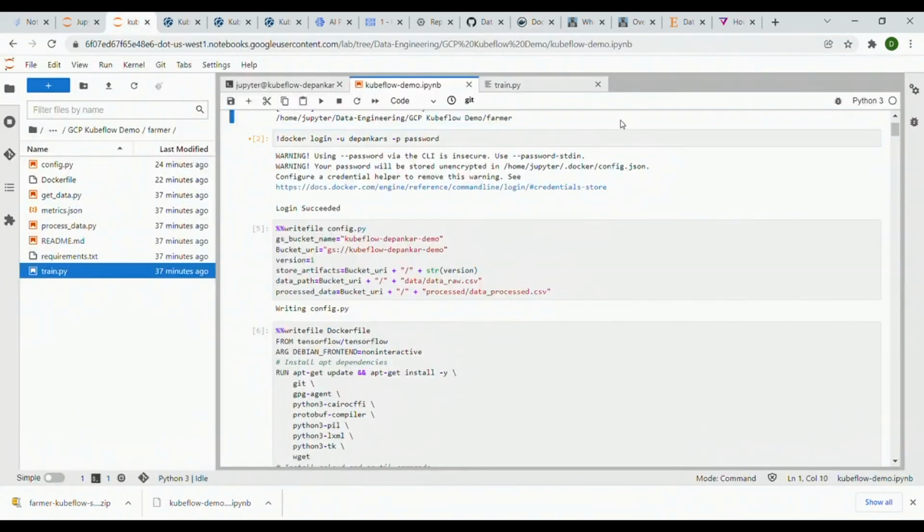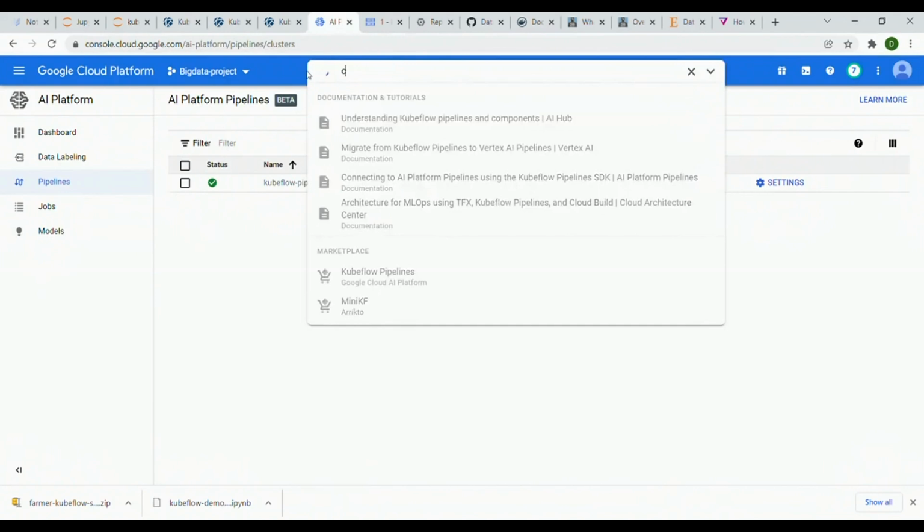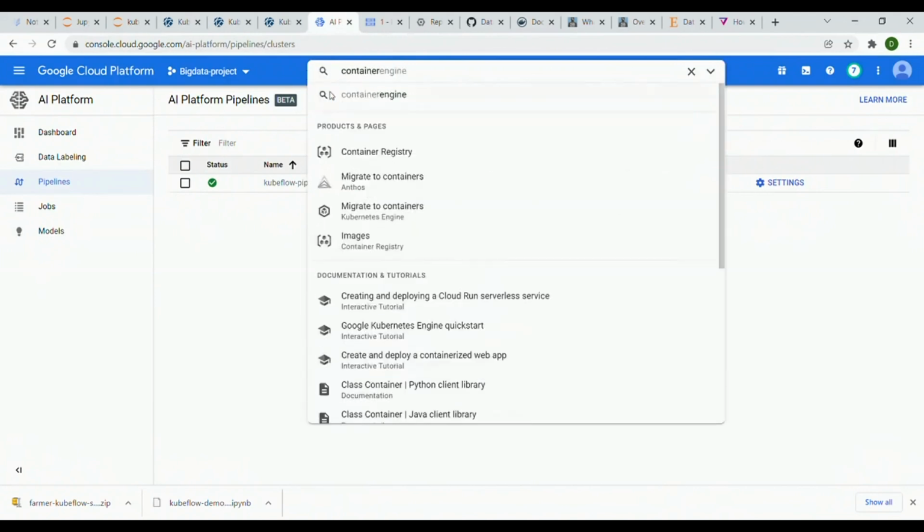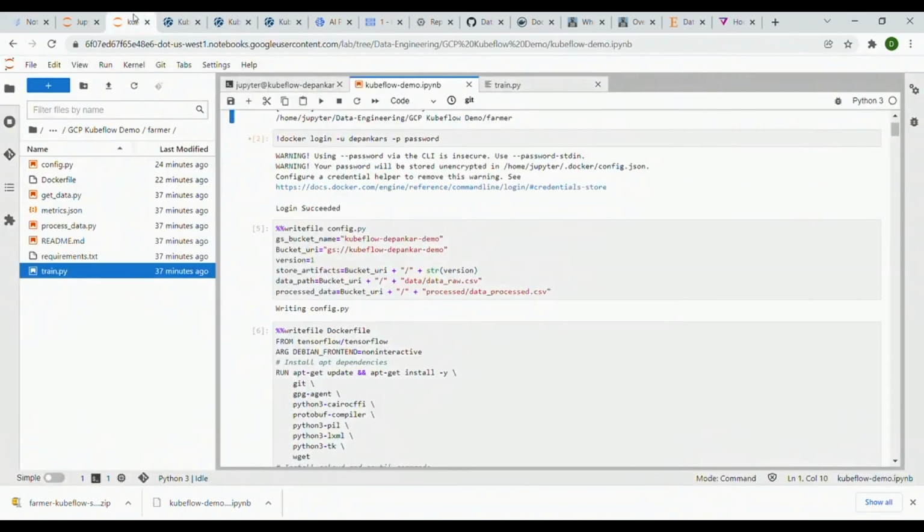But you can create it in your own container registry or artifact registry inside the Google platform, which is a private one, and it would be a very good use case to practice this without using Docker. You create it in your container registry. If you want to go to container registry, go to this one. You will get a container registry like this, and here you can keep all your images. But let's not go into that detail for now, as our main intention is to